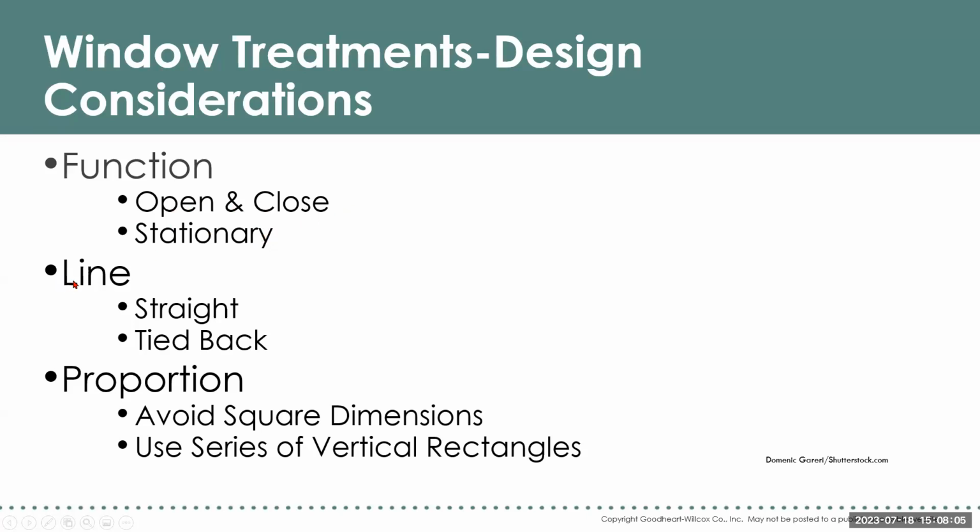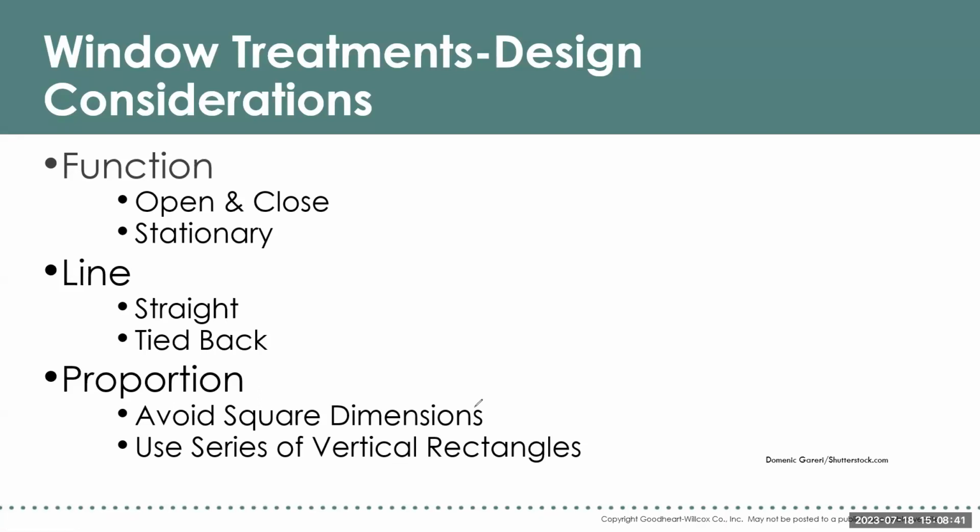Also, we want to look at the line. Do you want it to be straight like curtain panels, or do you want to tie it back, which creates a more swaggy, curved vibe and a little bit more formal? So what's the line in the room? And then good old proportion, right? You want to avoid those square dimensions. Remember, we talked about the golden mean, where one whole is divided in two unequal parts that equal harmony. That's exactly what we want to think about when it comes to